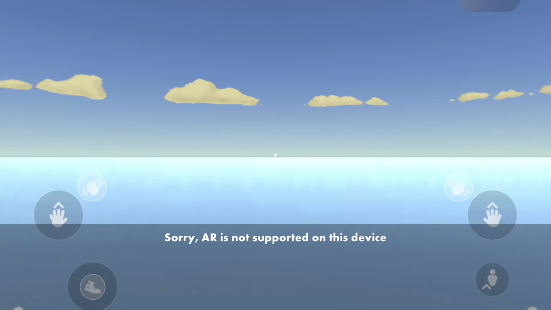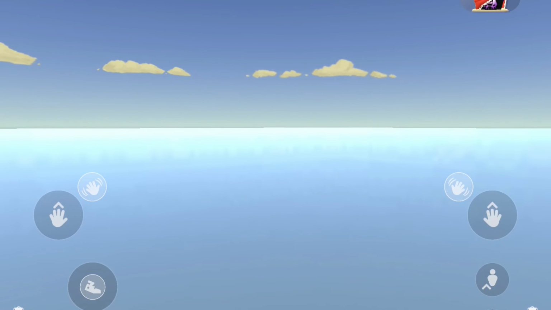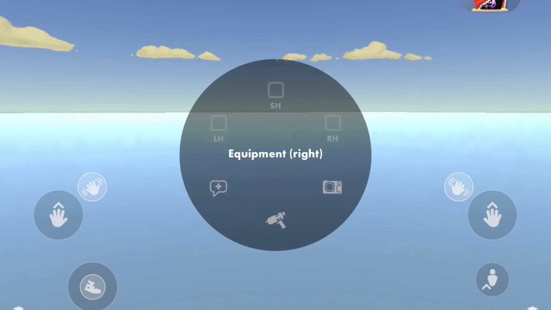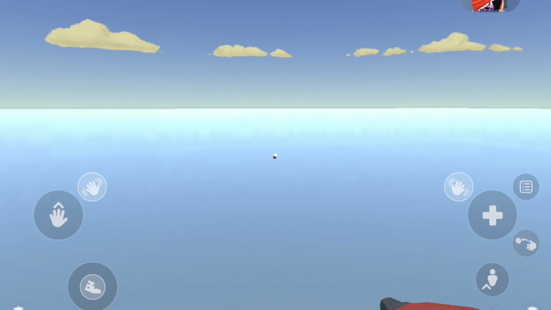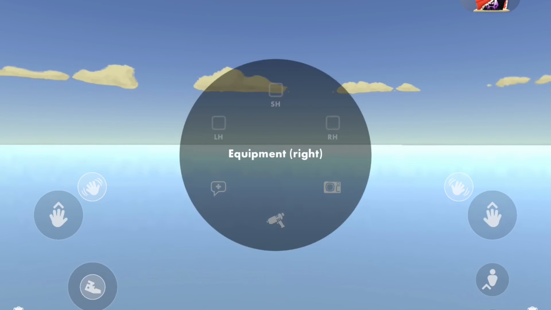You make it so that the objects you see. Yeah, okay. My device says sorry, AR is not supported on this device, but on other mobile devices, you can spawn stuff in. Like, okay, so here's the major pen that you can see. Anyway, if you do get the AR set up,